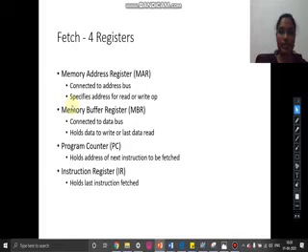The memory buffer register is connected with the data bus, because it holds the data either to read or to write. The next one is the program counter. We know that it holds the address of the next instruction to be executed. And the instruction register holds the instruction that was fetched from the memory.